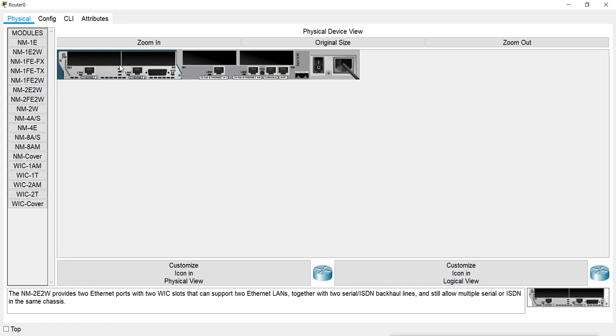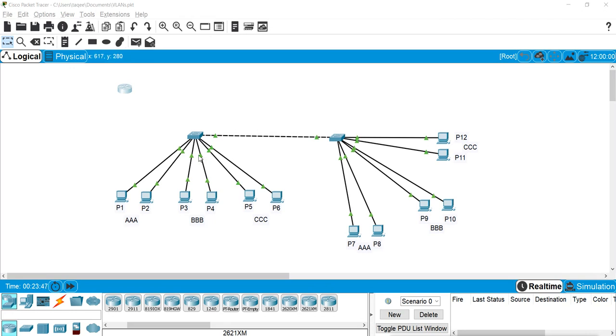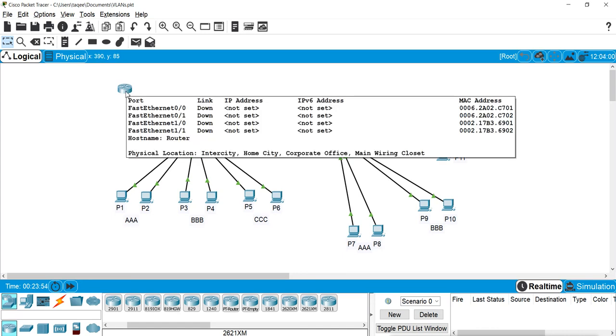And this one is Ethernet. No, it is Ethernet. I need fast Ethernet. So I will search for it. Yes, these are 2 fast Ethernet ports, and I enable the router. I start the router. Now on this router I have 4 Ethernet ports, and I have 3 VLANs, so it is enough for me.